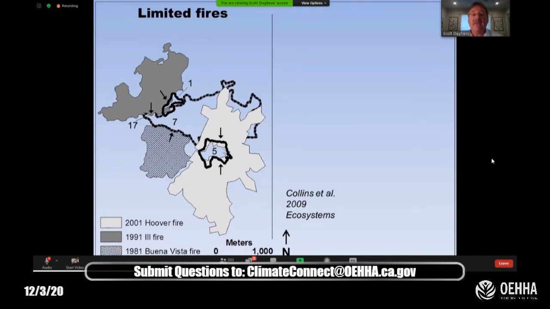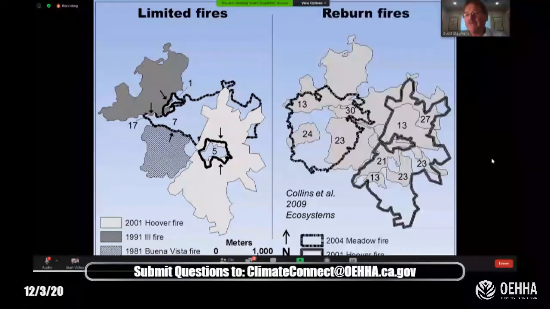There's a little enclave here with 5. That just means that little area burned 5 years previously. When this fire burned around it, it didn't burn the enclave because, again, it just burned so few years ago. So we call these limited fires. They're limited because fuel conditions are such that it's very difficult for those fires to burn into those areas because they burned previously just a few years ago.